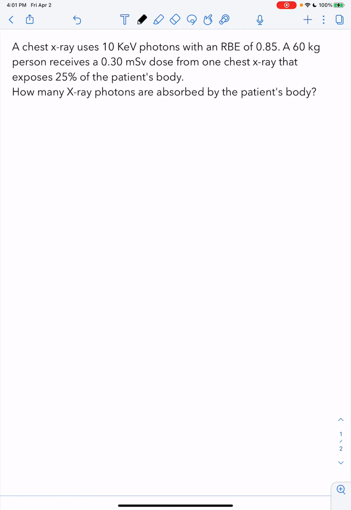So let's take a look at the radiation exposure from a chest x-ray. So the question tells us that a patient gets a chest x-ray that uses 10 kiloelectron volt photons with an RBE of 0.85. Now an RBE is the relative biological effectiveness, and that's to account for the differences in the biological impact of